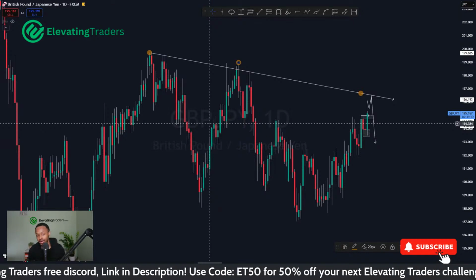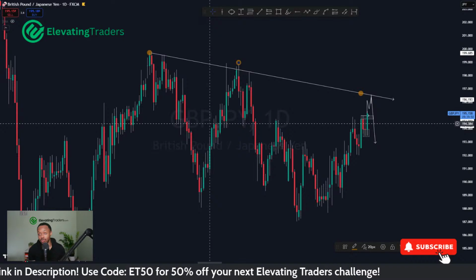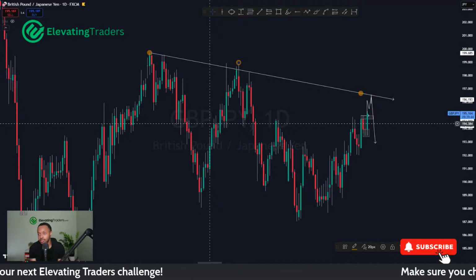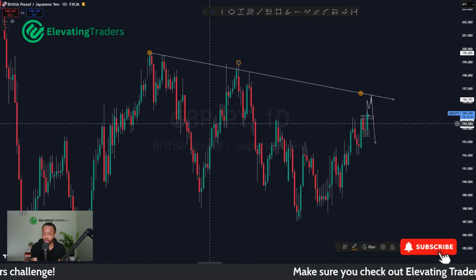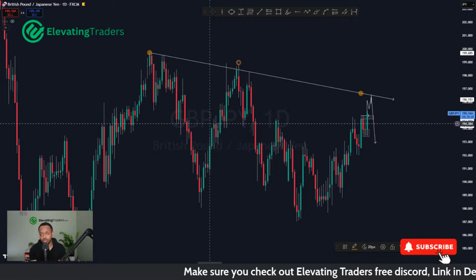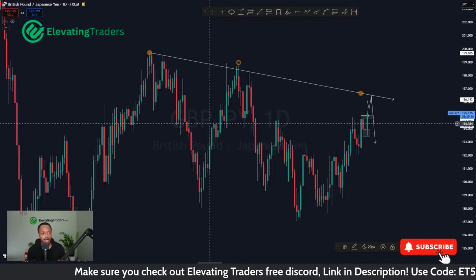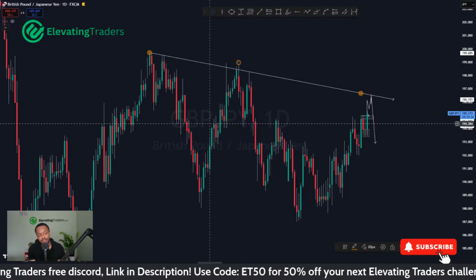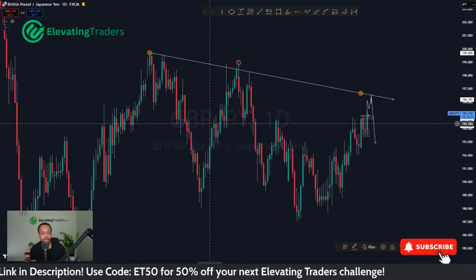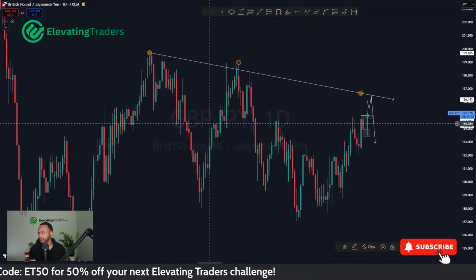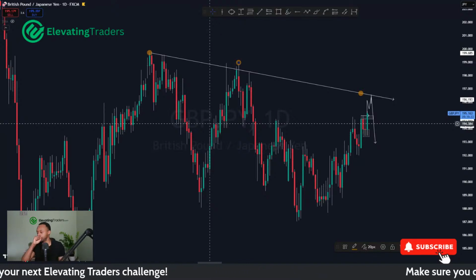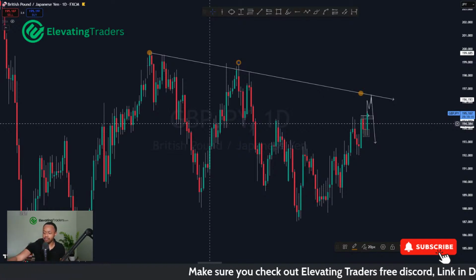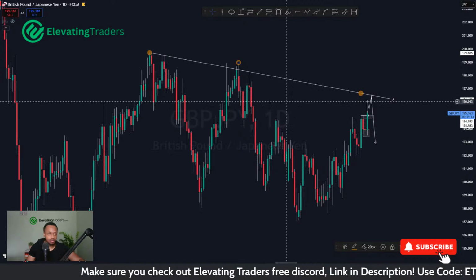Swaps are crazy. I would only probably look to sell the exotic currencies, or at least trade in the direction of positive swaps, because the negative swaps are just too heavy. And they're quite slow as well. They do have their times where they do see some nice moves, don't get me wrong, but they do consolidate quite a lot as well. So that's why I stopped trading exotics. But there are opportunities there. I'm not going to say that there aren't. Okay, let me take a look at euro yen.